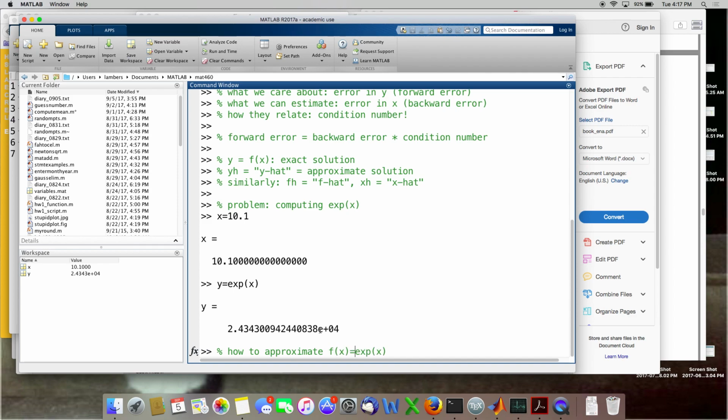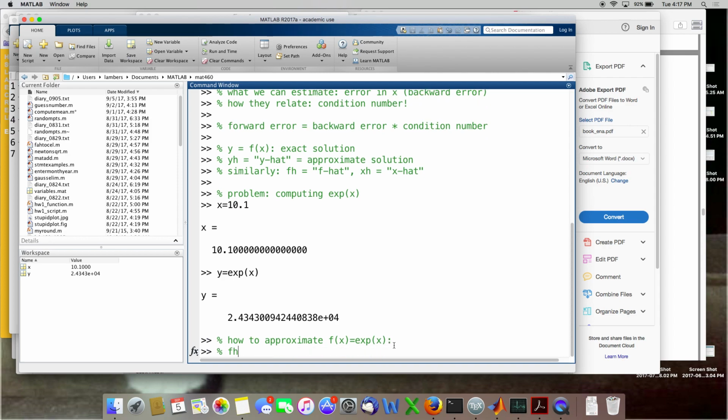our function? F of x is the exponential. So this is our exact algorithm. I'm going to approximate the exponential by its second degree Taylor polynomial centered at 0. So that'd be 1 plus x plus 1/2 x squared. By the way, who knows from Cal 3, when you have a Taylor expansion centered at 0, what do we call that? Maclaurin expansion. Okay.